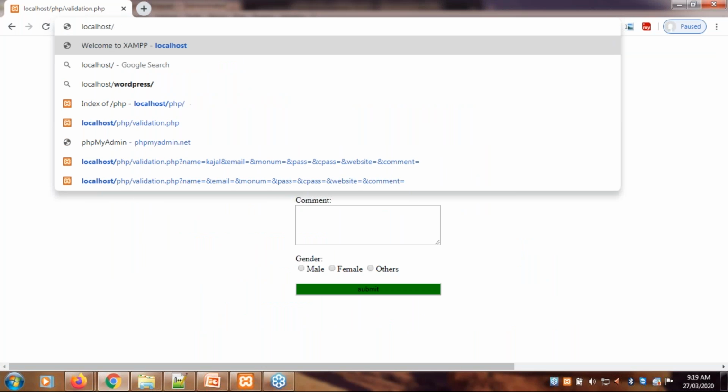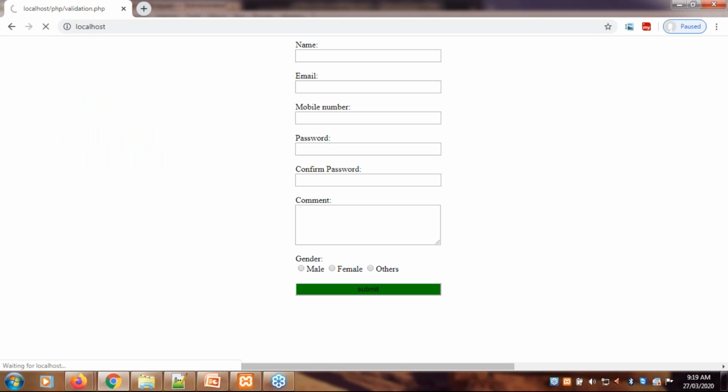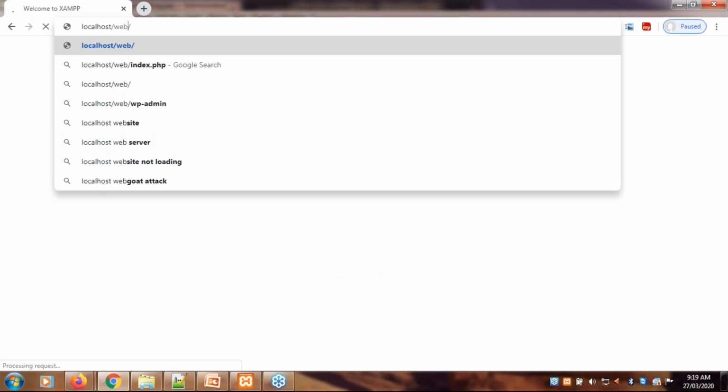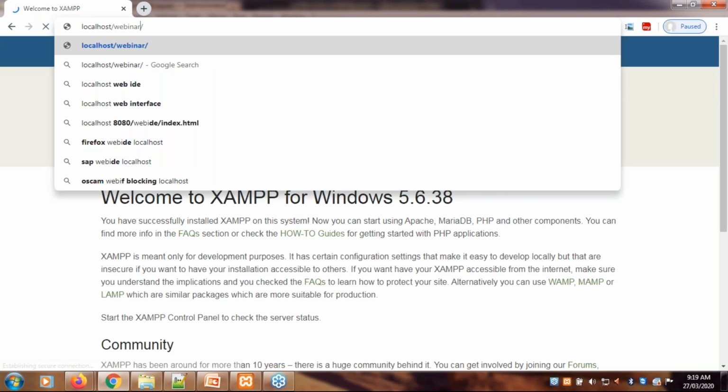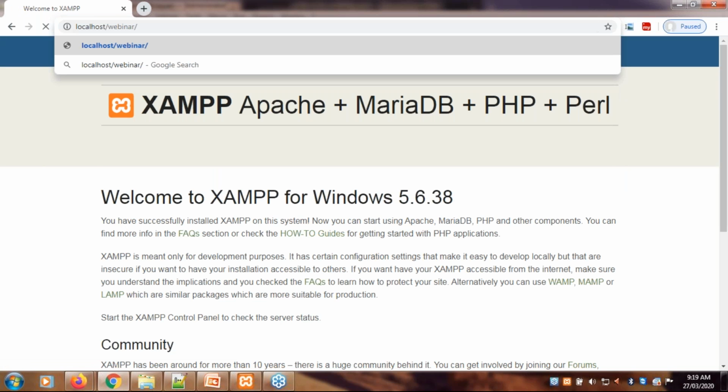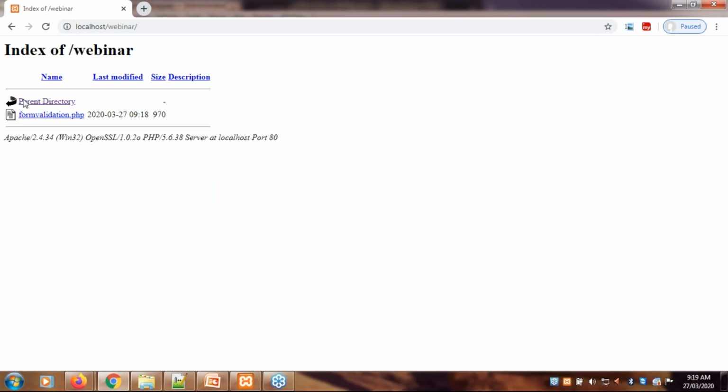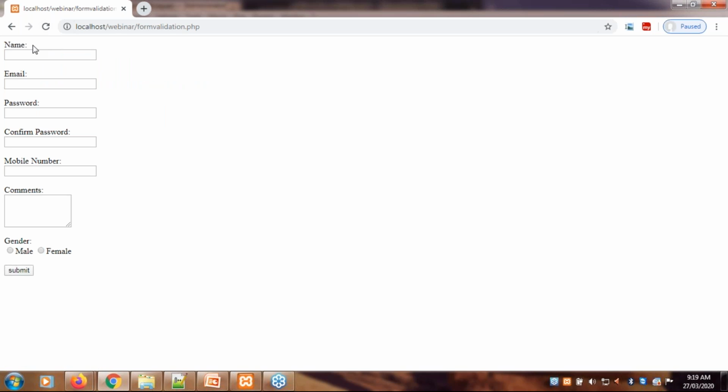So in the browser we have to type localhost and then go to the folder that I have created in htdocs webinar. You can see that one file is created, form validation.php. Now the form is generated, right? Now suppose I want to give them a CSS property.